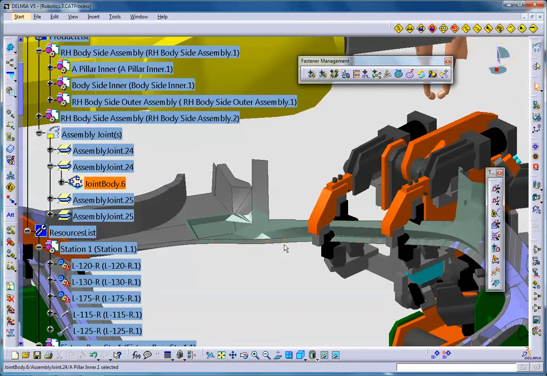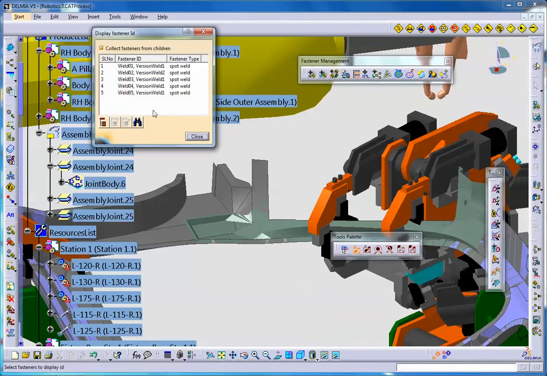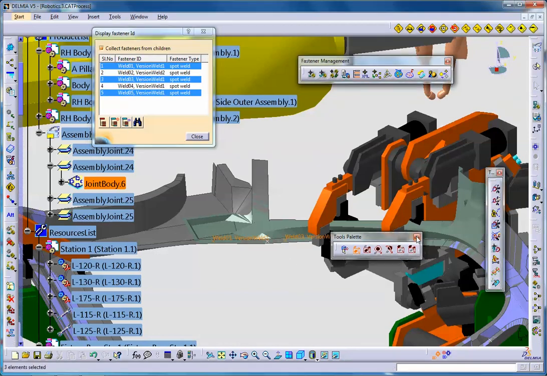Now at the moment they only appear as simple crosses, which are difficult to see and also to identify. So we're going to show the fastener IDs so that we can then allocate specific IDs to specific operations and to specific robots. So I'm going to select weld numbers 1, 3 and 5 and then show their identities in